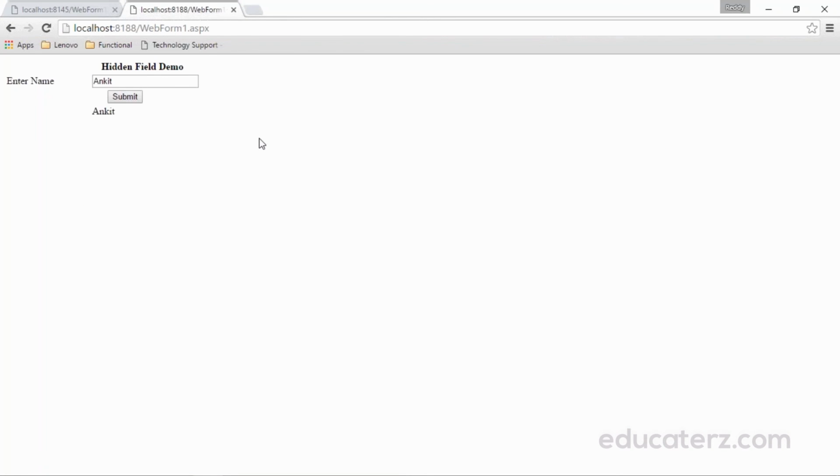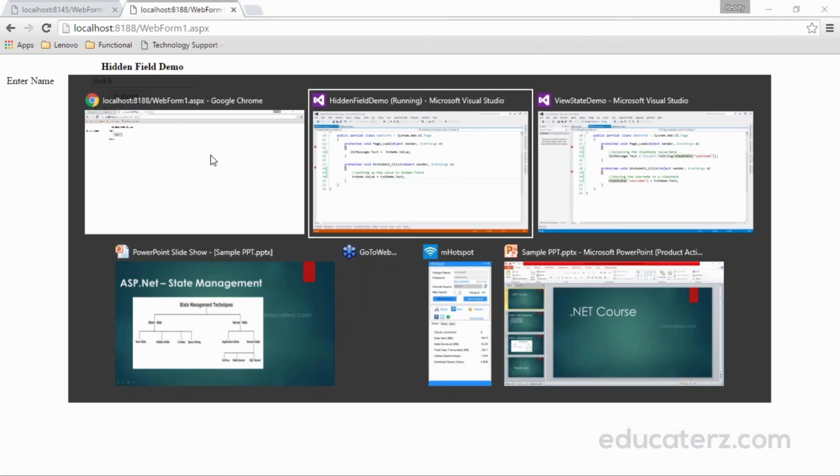Hidden field demo. The advantage is that it's very simple to use. Hidden fields store the value in the page itself. The disadvantage is that it will make a page heavy like ViewState if too many hidden fields are used to store data, and it cannot store sensitive data. Please do not store any sensitive data in ViewState or hidden fields because hackers may hack it.